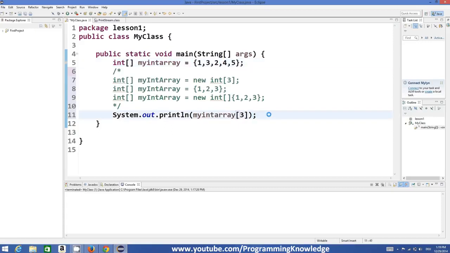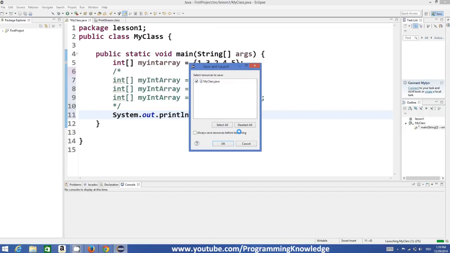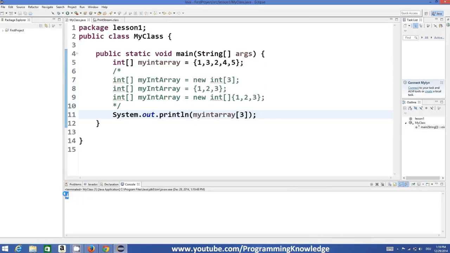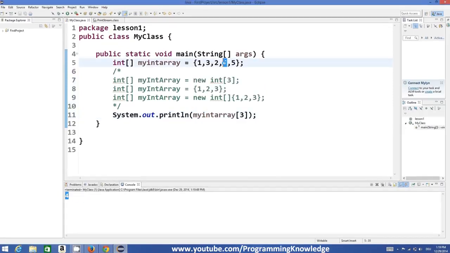And you can do it like this. But when you run this program, it will give you the value 4, which is this one. So the index of the array starts from 0. So 0, 1 and 2. So the actual position of this value is 2, and whenever you write index 2, it will give you the